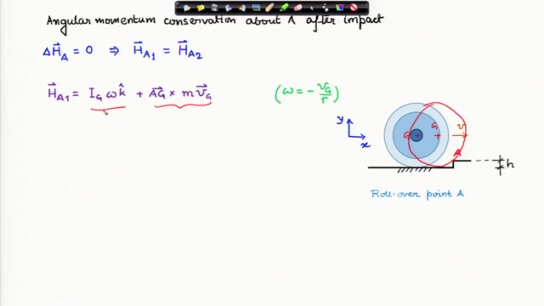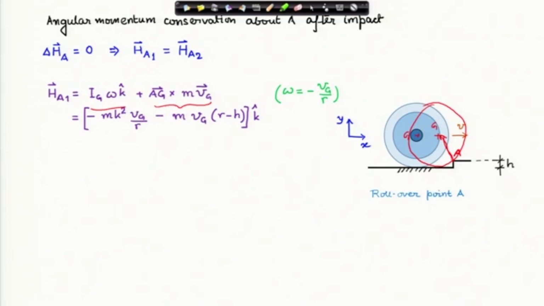Okay. Therefore, the first term is the angular momentum because of the rotation about the center of mass, and the second term is the angular momentum because of the translation of the center of mass. Ag is the moment arm times mass of the wheel times velocity of the center of mass. That is the total angular momentum about that contact point A just before the impact, and if you plug in all these values, Ig is determined in terms of the radius of gyration,